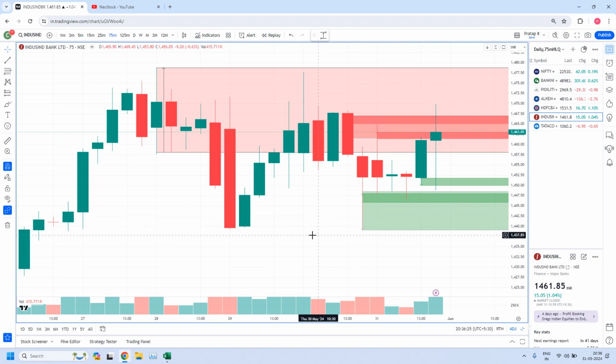Because first we need to discuss the high liquidity zones generated in our yesterday's report, and in today's stocks also some of the concepts will help you how to achieve the best return. The target. Sometimes what level you need to set as the target, you might be having some confusion. For example, sometimes we achieve a type 2 level target, sometimes we achieve a type 1 proximal level target. So when you have to look for a type 1 proximal level target or a type 2 proximal level target, are there any techniques so that we get the best reward? Such kind of points I will explain in today's